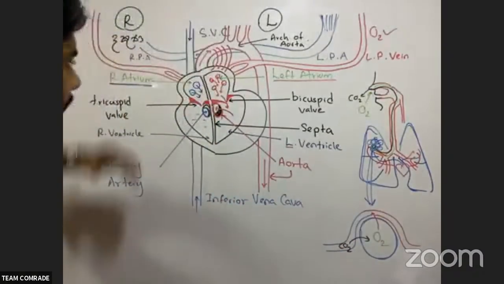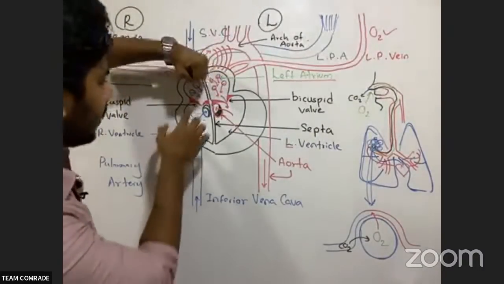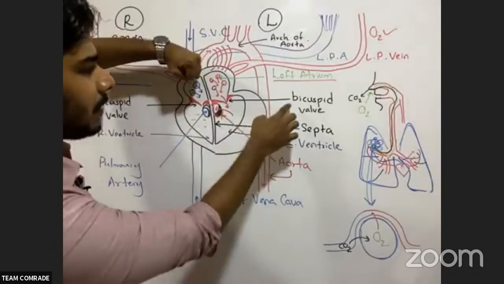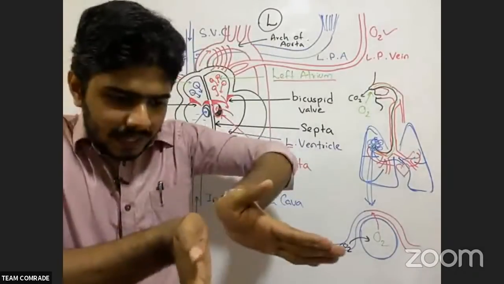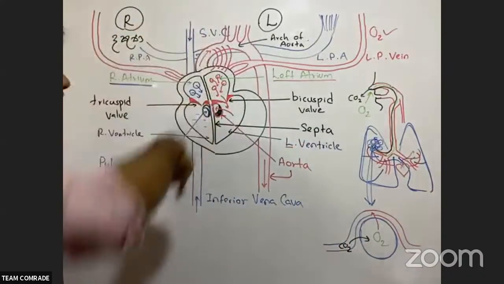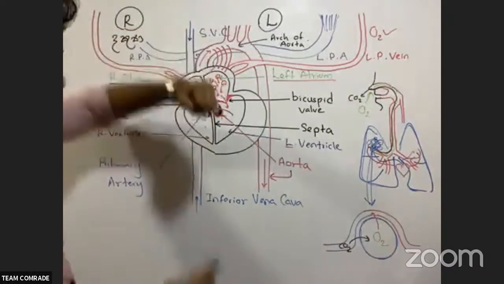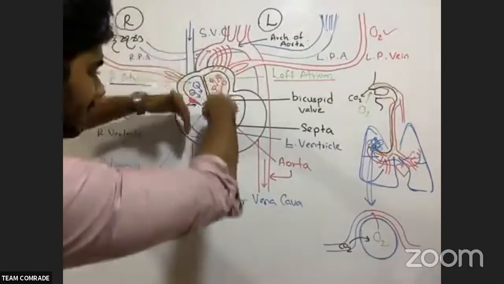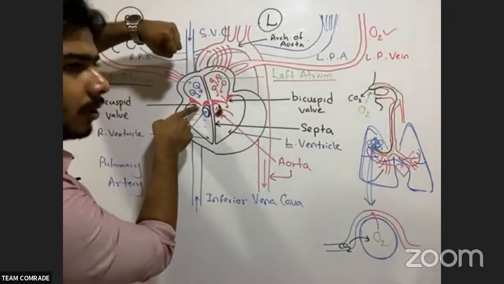When the atria contract, when this part is contracting, what should happen to these two valves? The bicuspid and tricuspid valves want to open and give the blood towards the downside when I squeeze this one. Now both are open. Once the blood goes inside, that should close this one, no?